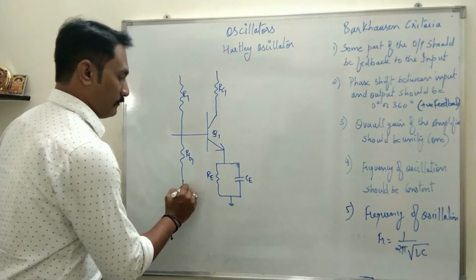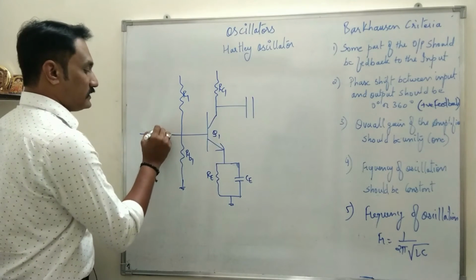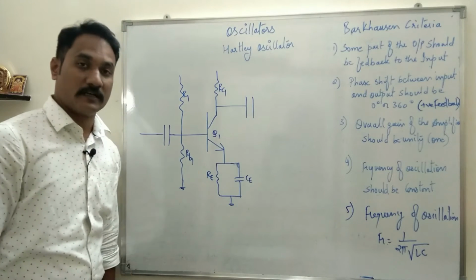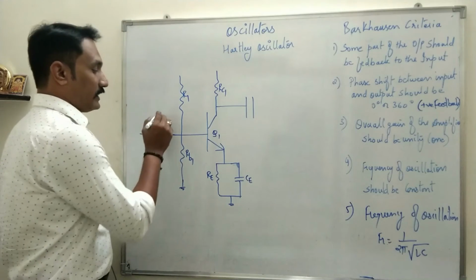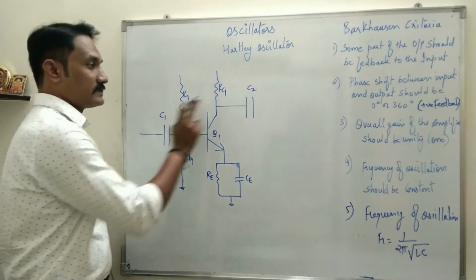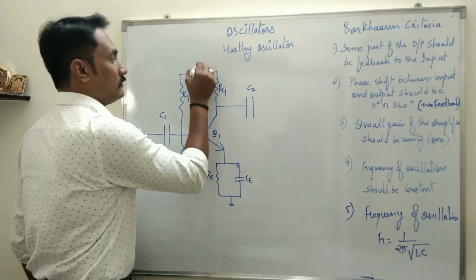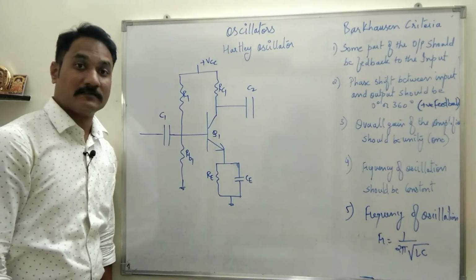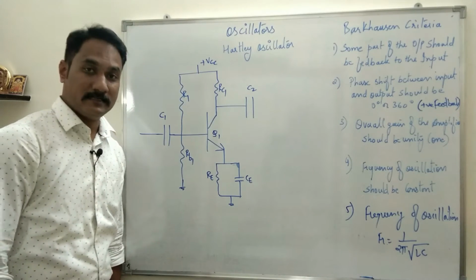Okay, now in the circuit there may be a possibility of internal oscillation which has to be generated, but the internal oscillation has to be suppressed. Therefore we connect two capacitors, C1 and C2. Okay, these are called coupling capacitors. And now the power supply: we said an oscillator converts DC into AC, right? So you have to provide an external DC power.